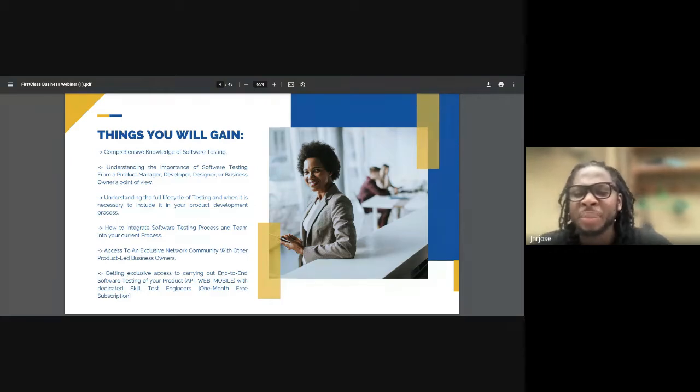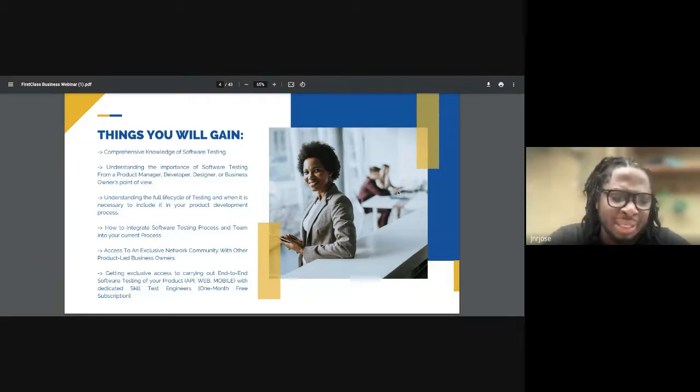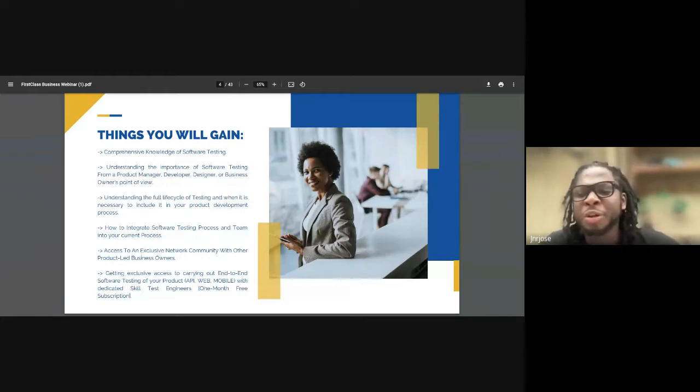I think I've talked about that. Then we'll also learn about how to integrate the software testing process and team into your current processes. Okay, why should you have them? How do you integrate them? How do you put them in your product development plan? Okay, we're going to talk about that. We're going to talk about the full life cycle. I think I mentioned that before. And